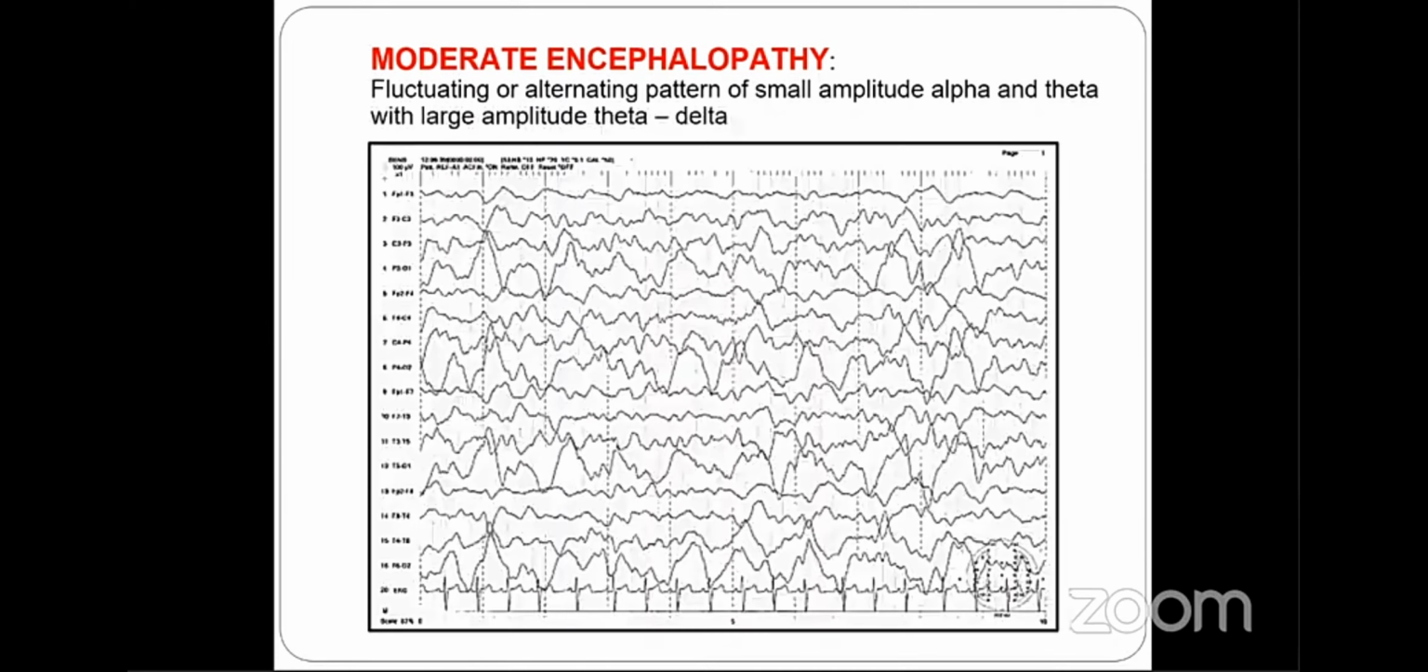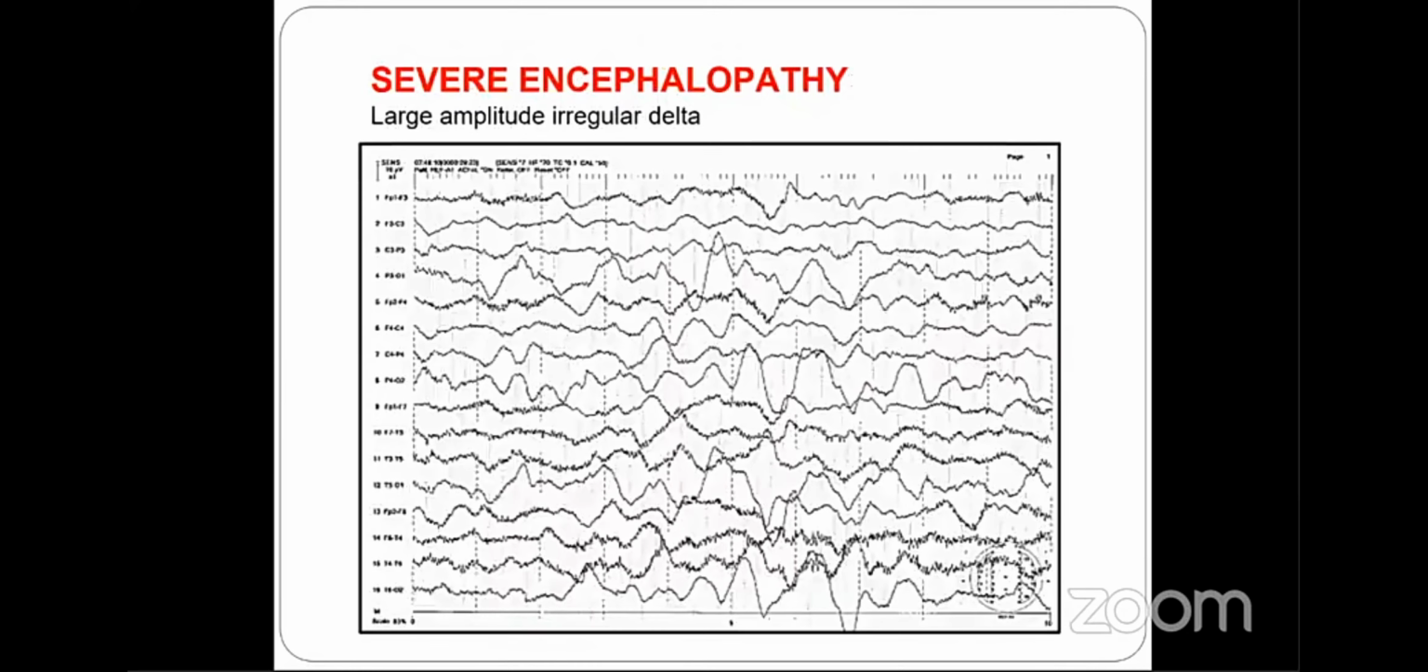Then going further down, the delta becomes more pronounced, with large amplitude theta and delta, and the background becomes quite chaotic, with continuous alternating patterns of theta and delta. Further down, you may have a large amplitude irregular delta, which varies in frequency and amplitude. It may be 1 or 2 hertz, and then 2 or 3 hertz, or maybe 4 hertz. So irregular